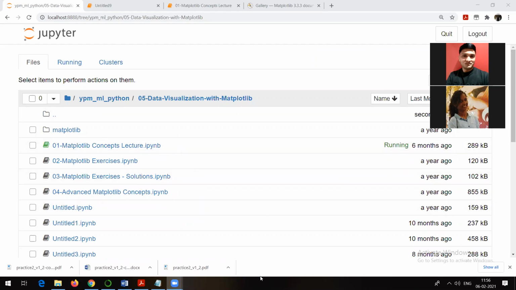Maybe now you can share your numbers and names in the chat box, and we will stop here. If anyone has any question, you can ask. Otherwise, we will stop here. Let me know if any question, any doubt, anything. Otherwise, you can just start sending your numbers and names in the chat box.